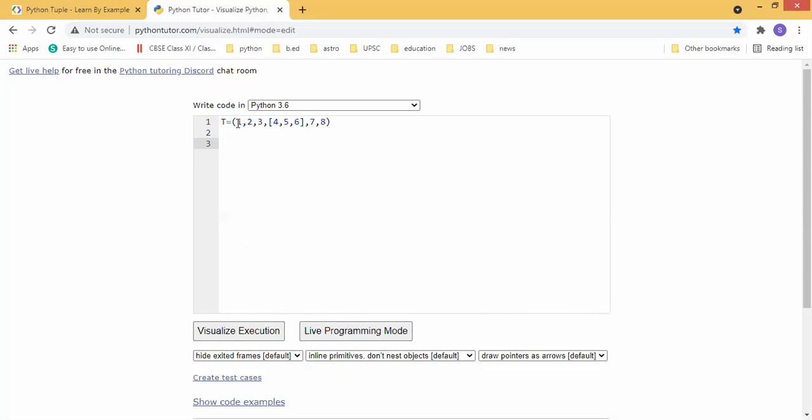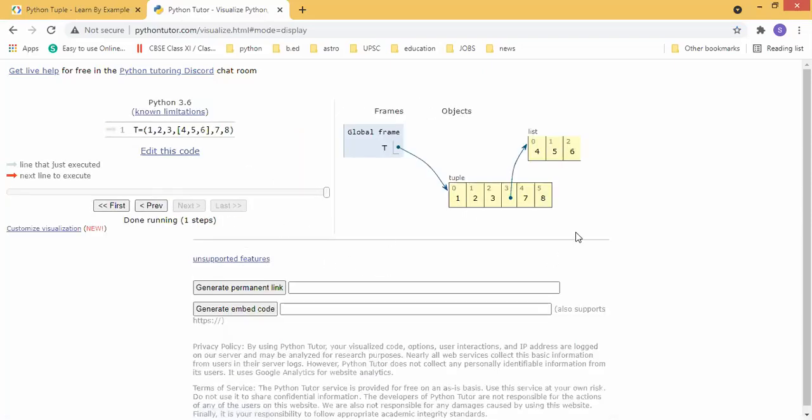You cannot change the values present in the top level, but you can change the values present in the next level. Understood or not? See here, this is called the top level. You cannot change anything in the tuple itself, but this is the next level item.